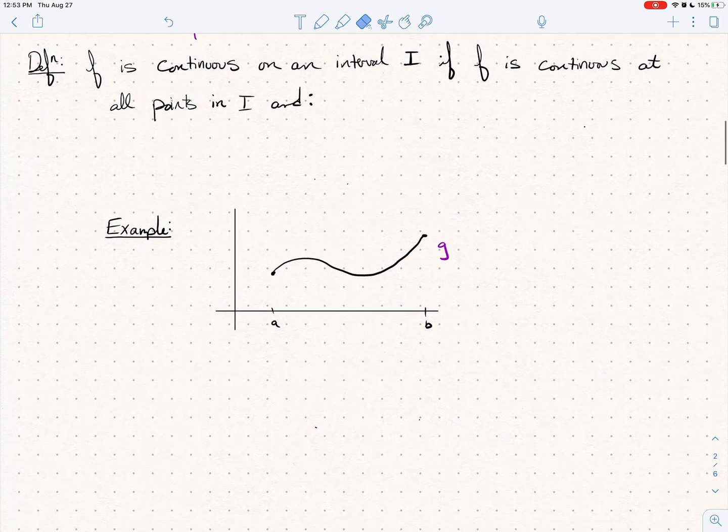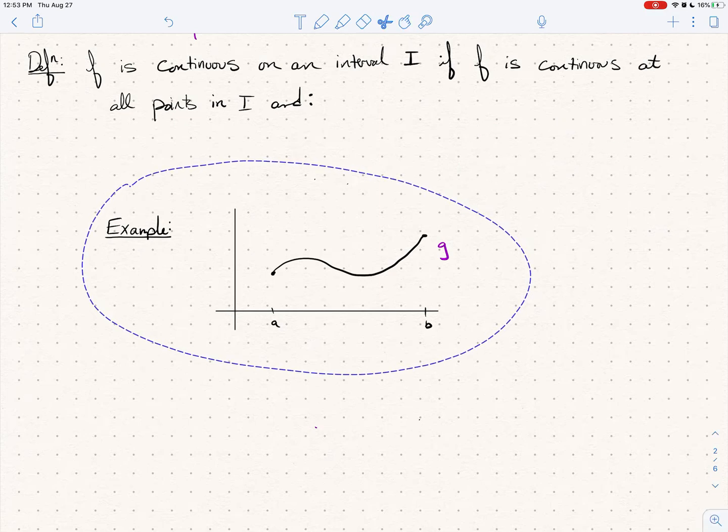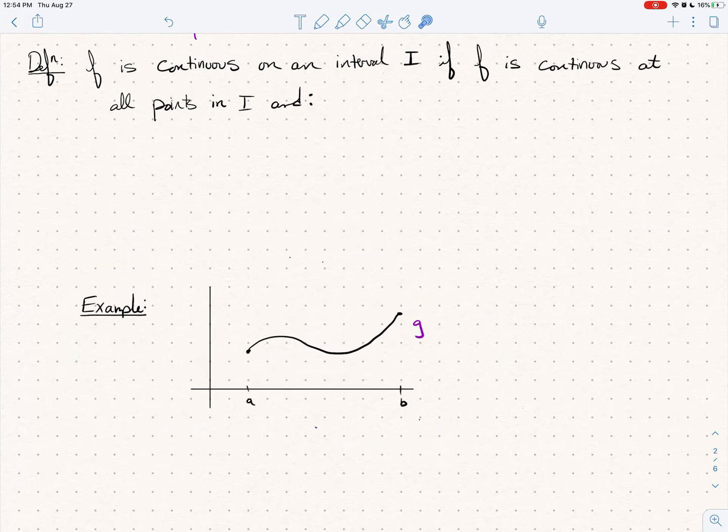Okay, so here we go. Definition. So we're going to say f is continuous on an interval I. I might be an infinite ray starting out like that. It might be a closed bounded interval like we just saw. Lots of possibilities here. So we're going to say that f is continuous on I if, first thing, f is continuous at all of the points inside I, so all the points that aren't endpoints. And I want to do a couple of things here, two things. So one, the limit as x goes to A from the right of f of x is f of A if A is a, let's think about it, we're coming from the right, so we want A to be a left endpoint